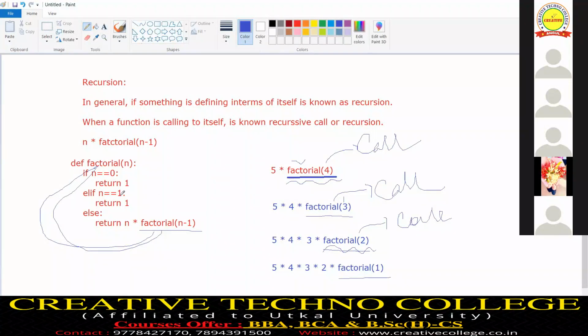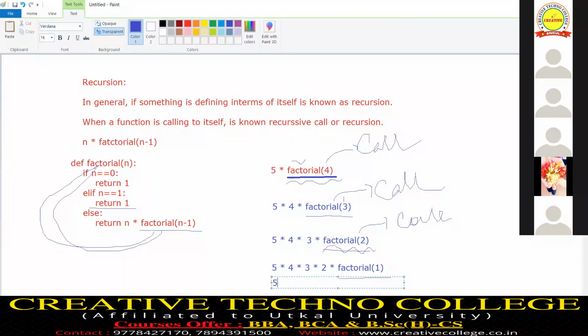If the value of n is 1, then return 1. Already we have given in the logic, if the value of n is 1, return 1, that means the output is 1. So factorial of 1 is 1. That means 5 into 4 into 3 into 2 into factorial of 1, which is 1.